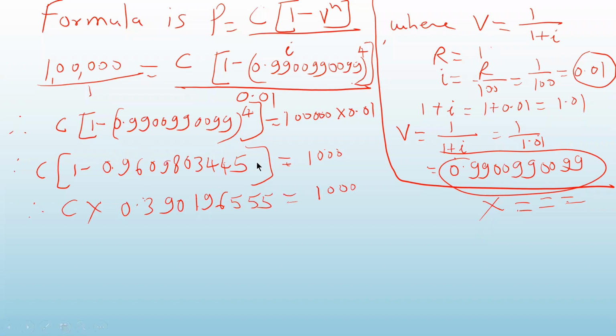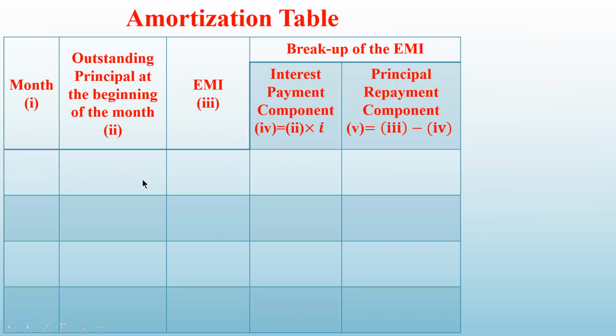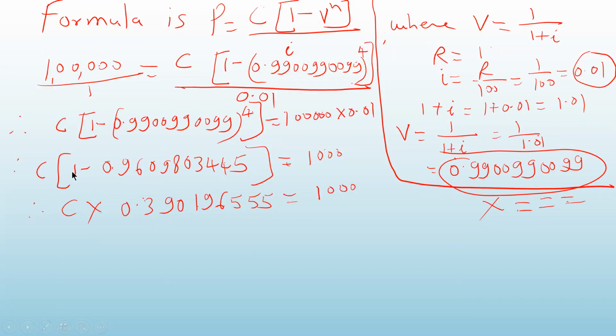When such a big number is already on your screen and you want to subtract it from 1 using the non-programmable calculator, you can do minus 1 so that you save time typing this number. The only thing is that when you have this number on the screen and you subtract 1, you will get this number with a minus sign. So just neglect the minus sign. That's all. Okay.